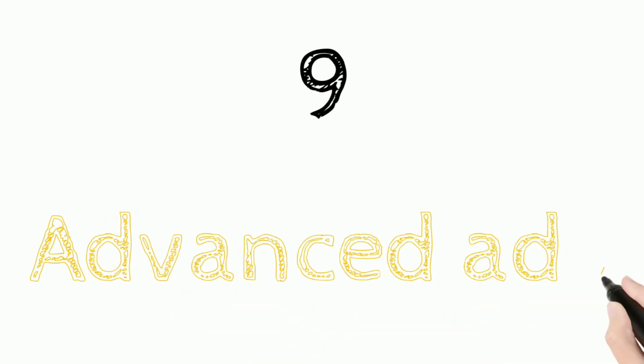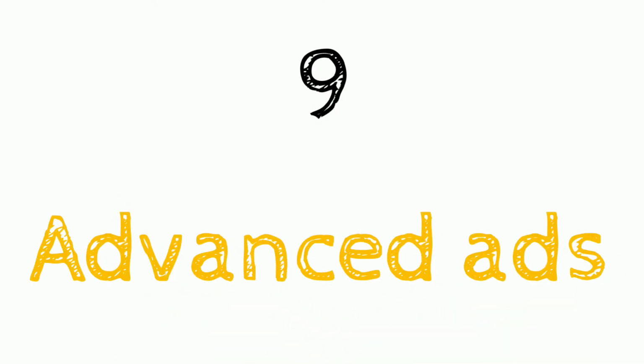Next is Advanced Ads. Basically, if you are applying for Google AdSense and you want to decide where to place your ads, this plugin will automatically place your Google ads according to your website, wherever it finds the correct position. So you don't have to manually place ads on every page of your website. This plugin will take care of it, so it is very useful.